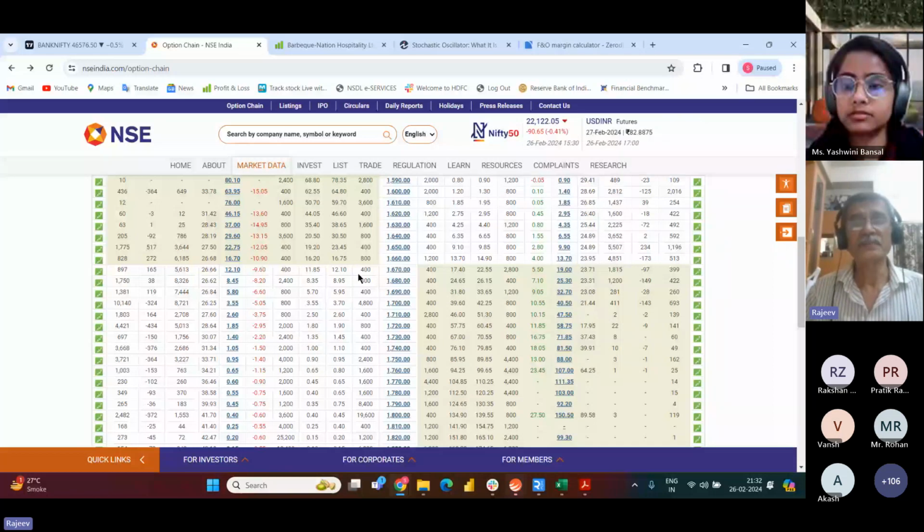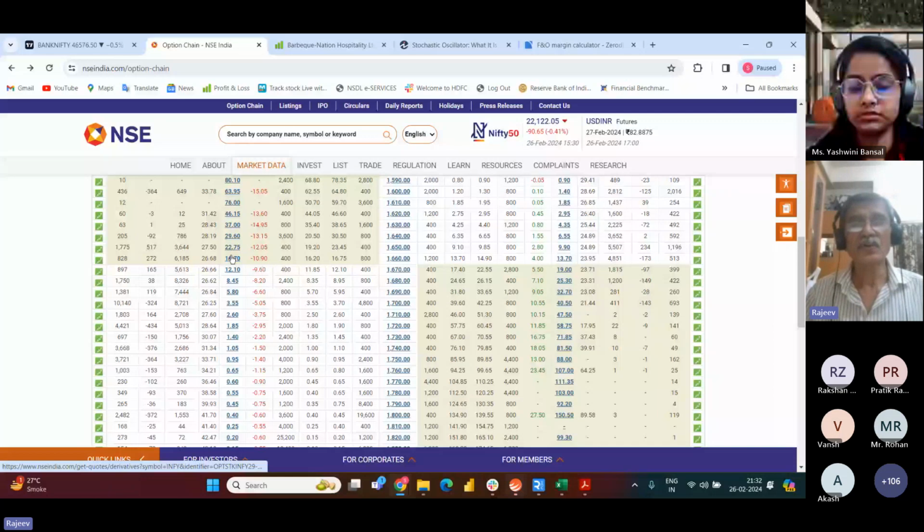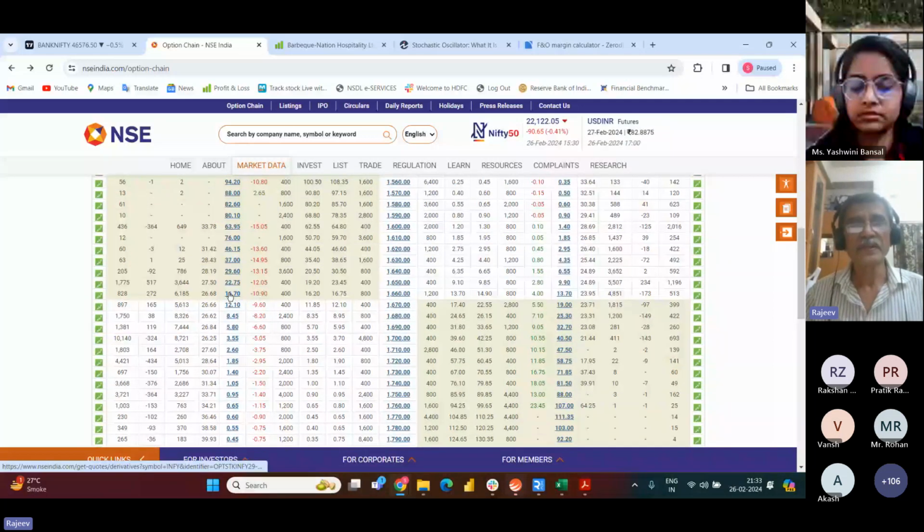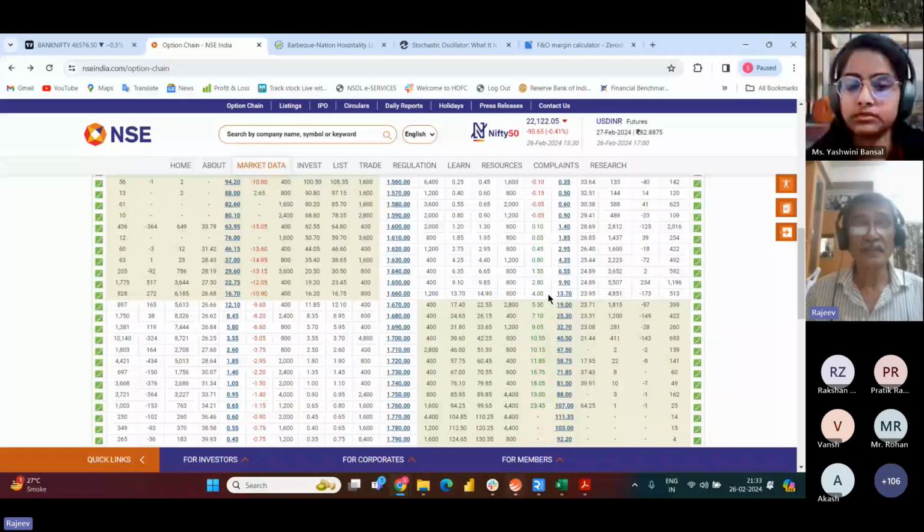And if you are adventurous, you will take the position on the sell side. So if you are thinking that Infosys is not going to go up, I will rather sell this 1660 strike price call, and I will pocket this money because I'm sure that this is not going to go up, it will go down. So it will not appreciate, and whatever you have received is your profit. So that is the advantage of options. You can buy a call and buy a put, and here the margin required is still further less.